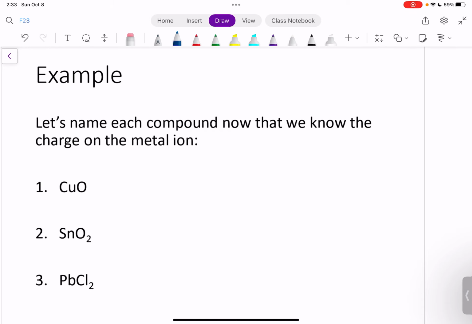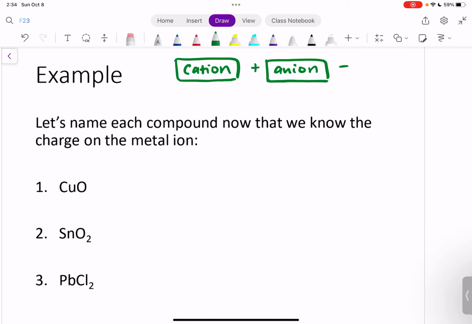So anytime you have a transition metal in your compound, they can form variable charges. We need to know what ion is formed for these compounds. And the way that we do that is we name them in this kind of special manner. So the same idea as before, right? We're going to write the cation first, then the anion, and then we'll give it the ending plus IDE